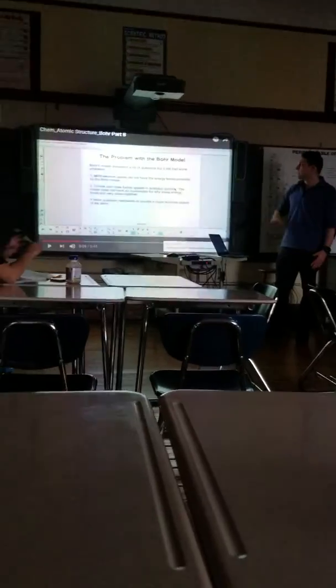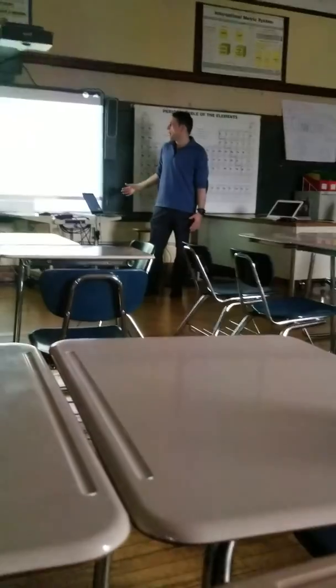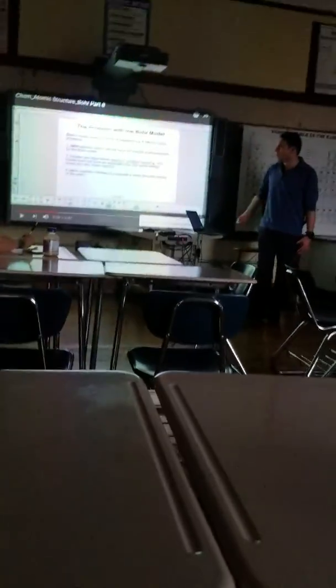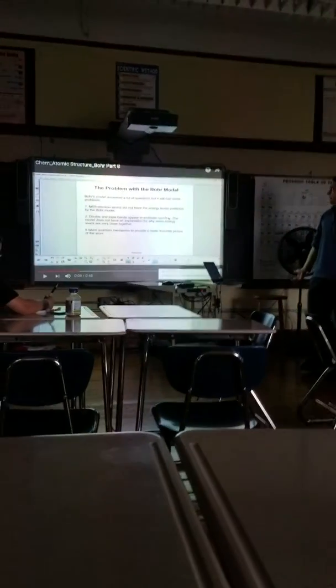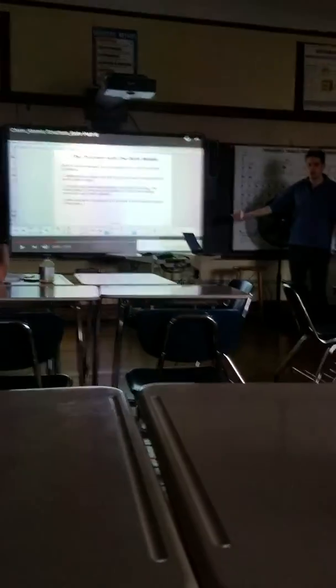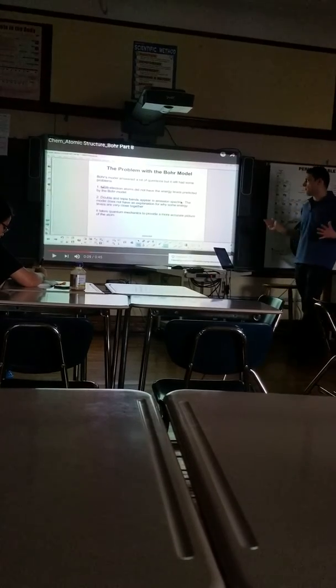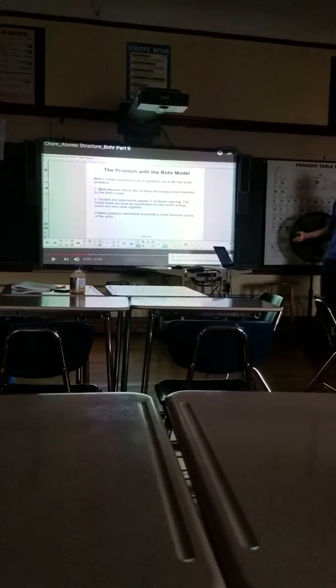Multi-electron atoms, atoms with multiple electrons, did not have the energy levels predicted by the Bohr model. So it was good for hydrogen, but not for the more complex ones. Double and triple bands appear in emission spectrum. The model does not have an explanation for